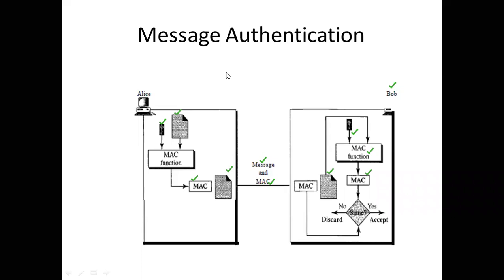Now there is one MAC which is generated by Bob and one MAC which is sent by Alice. I will try to show you with the help of this. This MAC is sent by Alice, I'll write here A. And this MAC is generated by Bob, I'll write here B. Now what has to happen? The MAC sent by Alice and the MAC generated by Bob should both be the same. If both are the same, Bob can be sure that this has come from Alice and he will accept it. Otherwise, he is going to discard it.